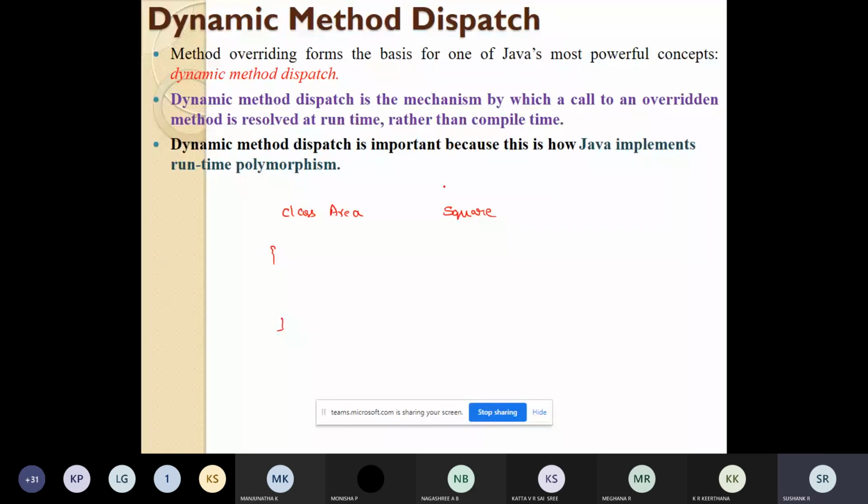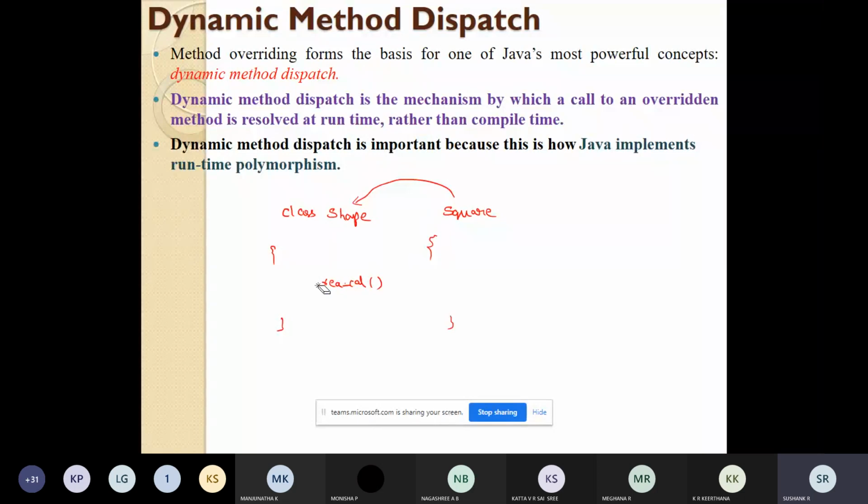Now this class called area will have a function called area_calculator, or area_cal. No, to simplify, we'll call this class the shape class.